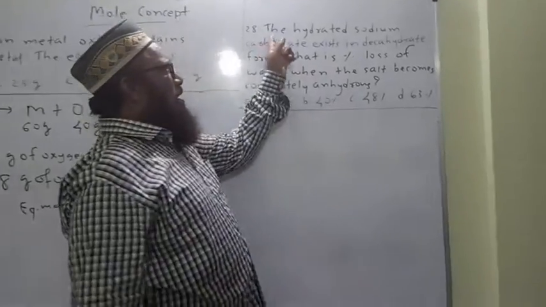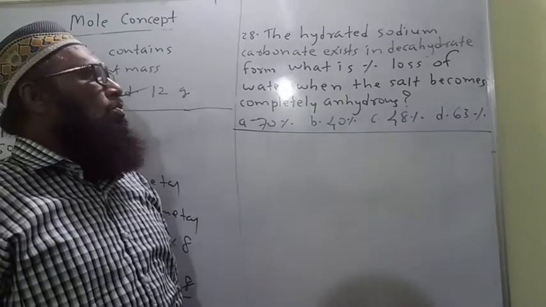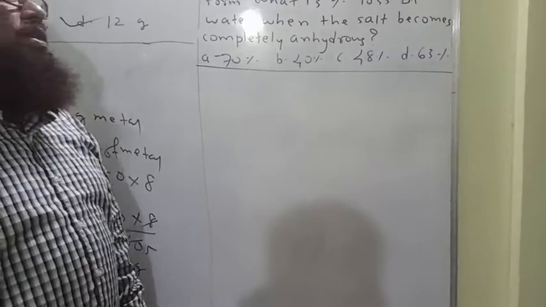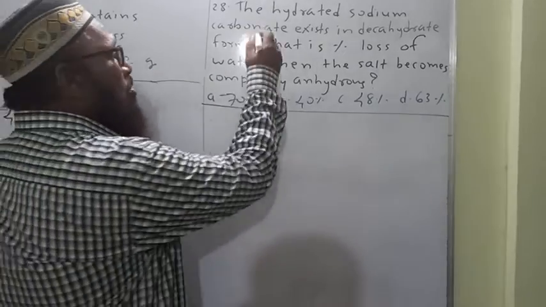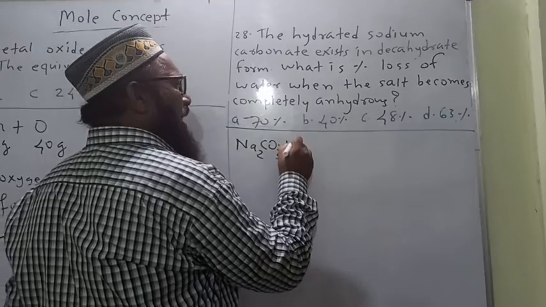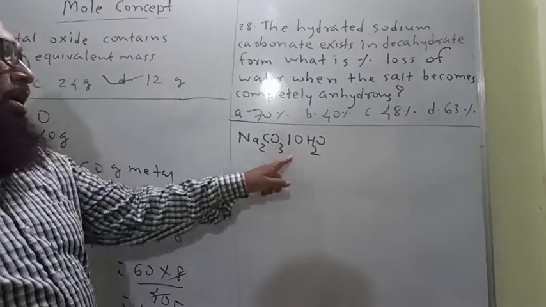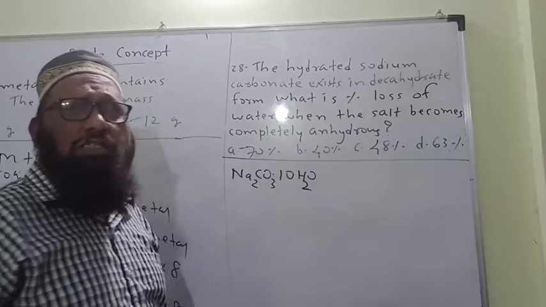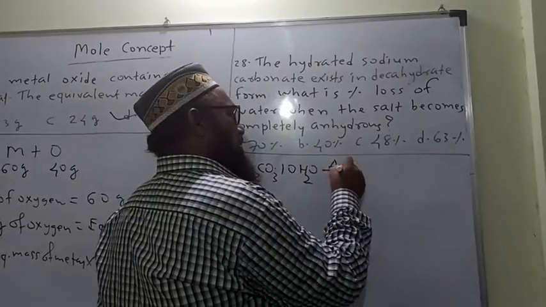28. The hydrated sodium carbonate exists in decahydrate form. What is the percentage loss of water when the salt becomes completely anhydrous? What is the meaning of this numerical? Sodium carbonate is given. It exists in decahydrate form. Means 10 moles of water are associated with it. Then it becomes anhydrous. Anhydrous means complete loss of water molecule. On heating, we get here